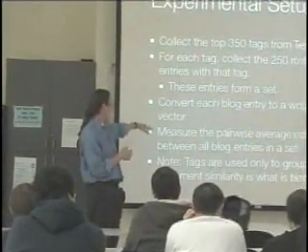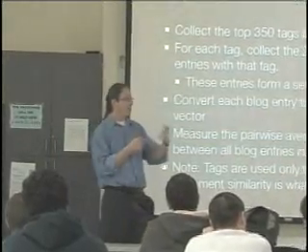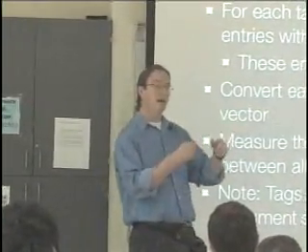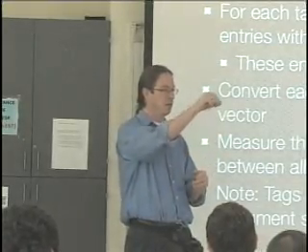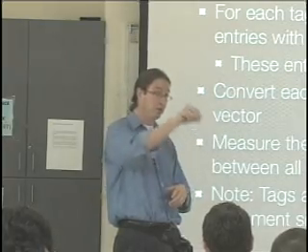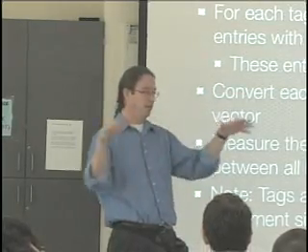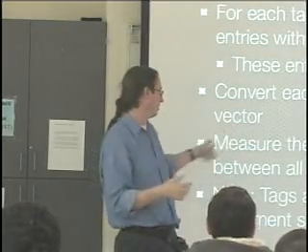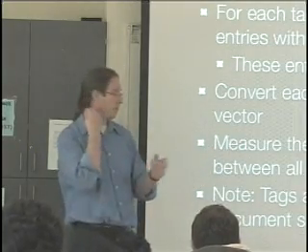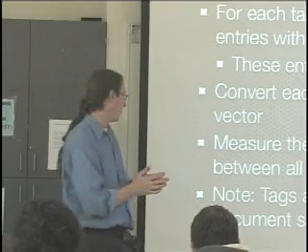So we convert them to a vector, like I just told you about, and then we measure what's called pairwise cosine similarity. In other words, we take everything from set 1, and we compare document 1 to document 2, and document 1 to document 3, and document 1 to 4, 1 to 5, and so on. Then 2 to 3, 2 to 4, 2 to 5, and we just average that. You could also treat this as a cluster and find the centroid. That would be fine as well. But pairwise cosine similarity seems to work pretty well.